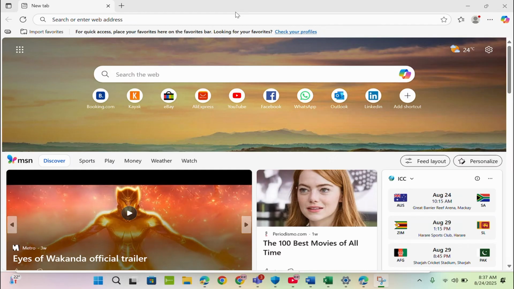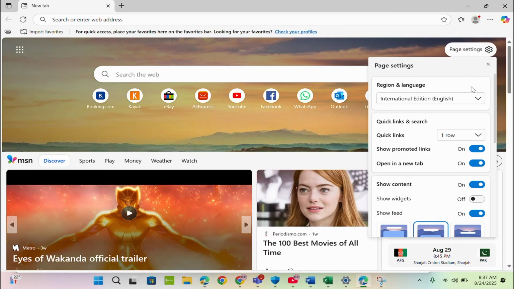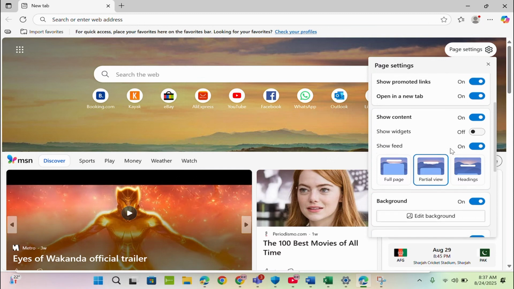First things first, open up your Microsoft Edge and then you'll be navigated to this page. You will see the gear icon, that is the settings on the top right. Go ahead and tap on it, and then here scroll down and you'll find full page, partial view and headings